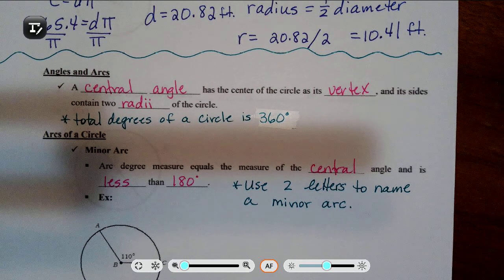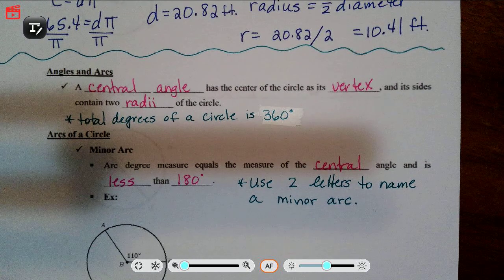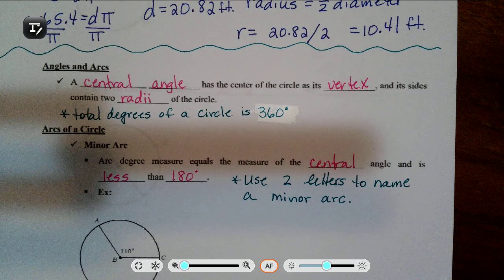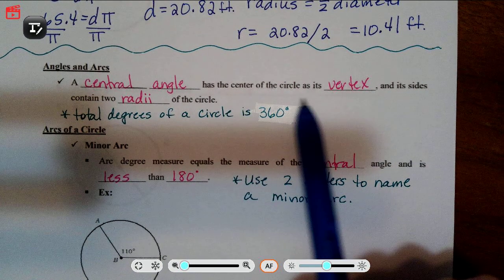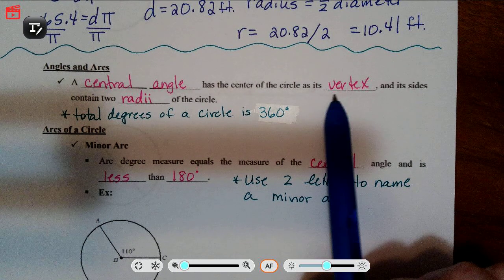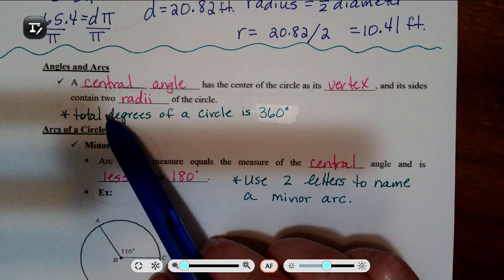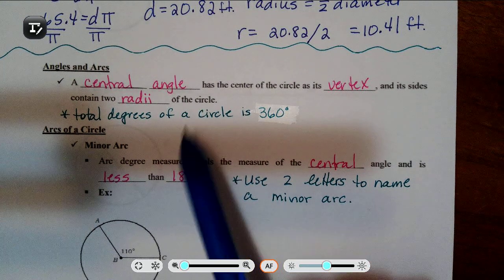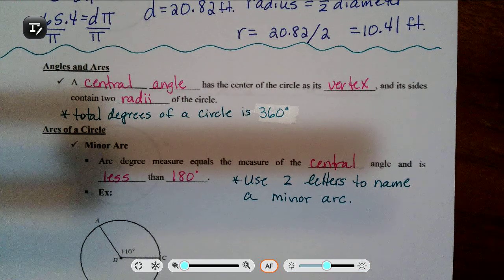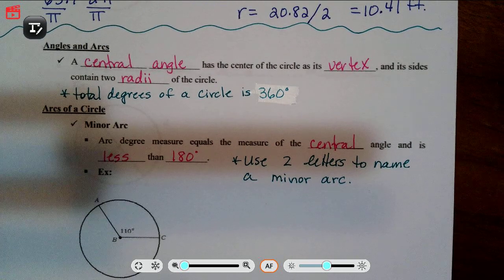All right, we're going to pick up where we left off. We're going to talk about angles and arcs. A central angle has the center of the circle as its vertex, and its sides contain two radii of the circle. Okay, so if we have a central angle, an example of a central angle would be